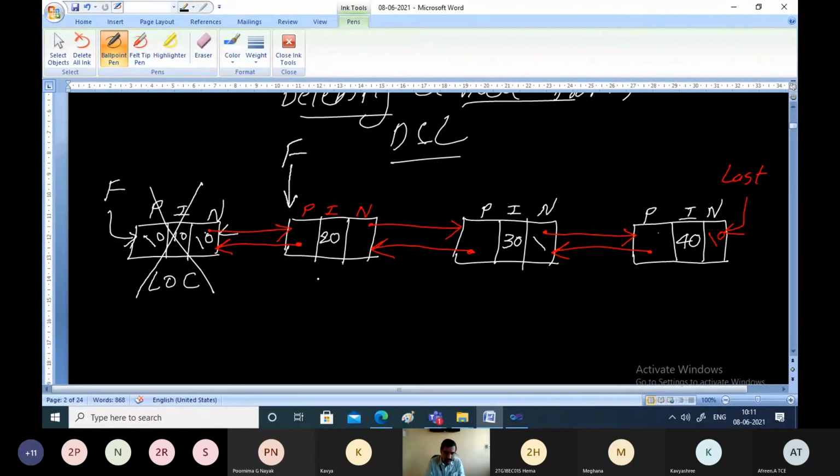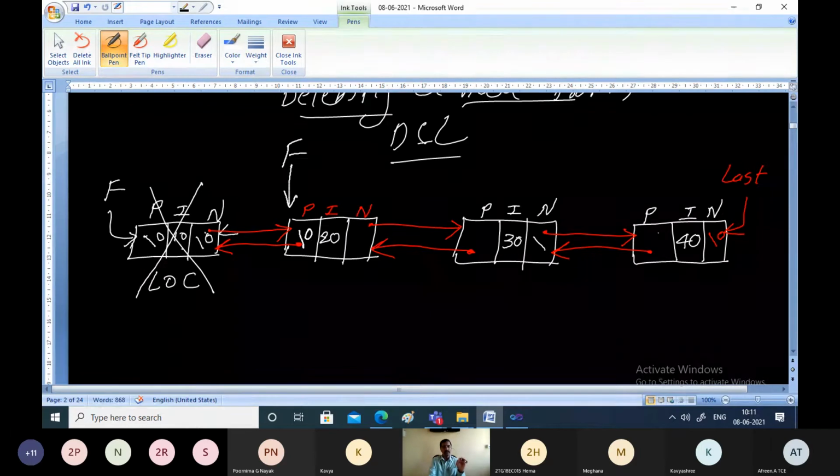Then whatever this node is, how do you identify it? This node is nothing but location pointer next. That is, the previous field of the next node of the present node should point to null. That means this should contain null now. Why? Because there is no previous node for this.